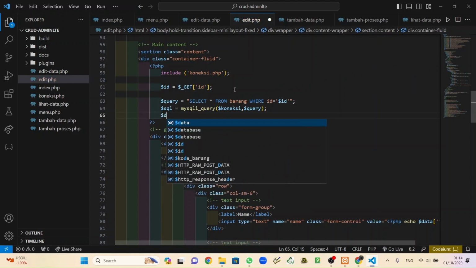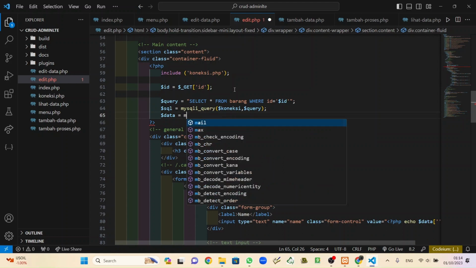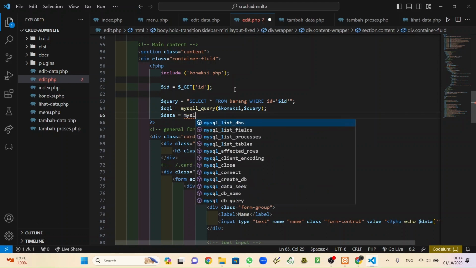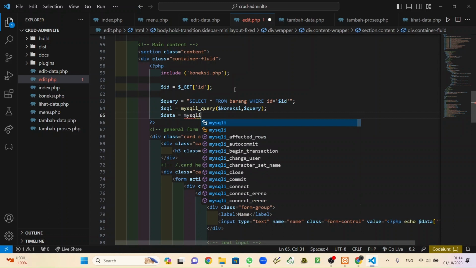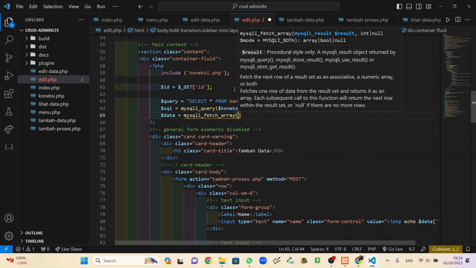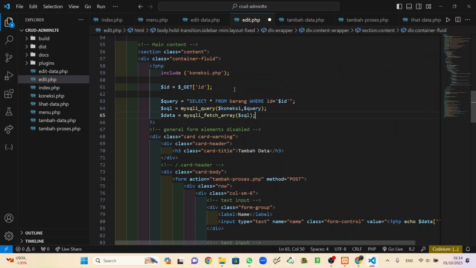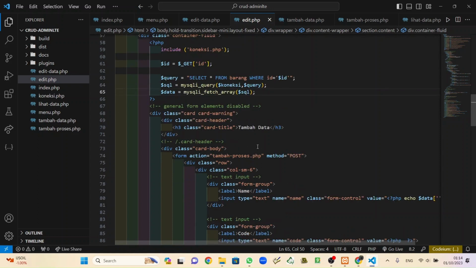And then data will fetch array from SQL. Okay, and I hope that's enough value. And add one thing again, don't forget this.